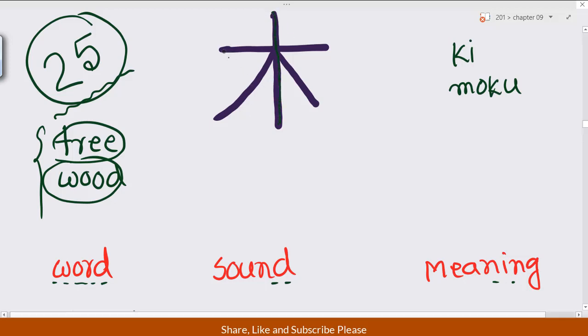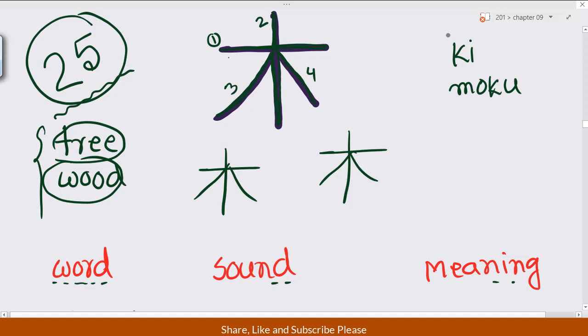The horizontal stroke first, second the vertical one, and later the left inclined and right portion. Again, horizontal one first, later vertical one, inclined left portion, inclined right portion. So here ichi, ni, san, yon. So here, like that, tree.